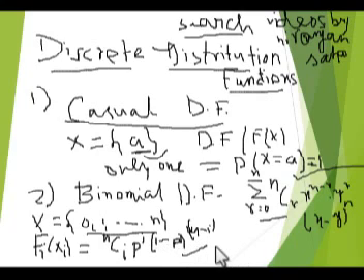And p is a probability, so it must be between 0 and 1. p must belong to 0 to 1. It cannot be certain, so it must be less than 1, and of course the probability p is greater than 0. So this is the condition of the binomial distribution. Now, one more distribution function is the Poisson distribution.